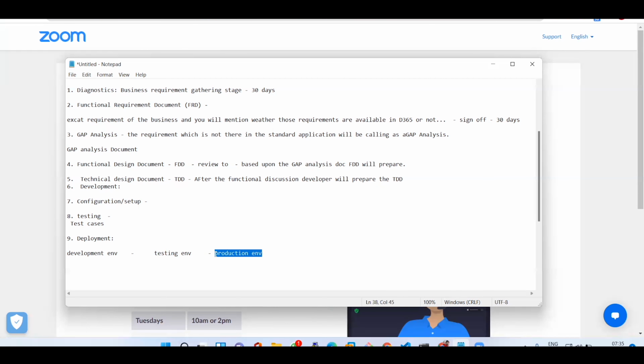You should not post or make changes without approvals. If you want to do some kind of testing, you should use a testing environment only. In testing also, there will be multiple environments: testing one, testing two, and wherever you want, you can do it. But please remember, the production environment cannot be touched by